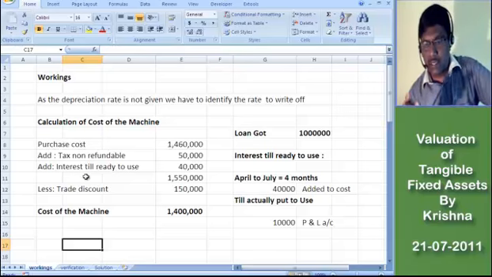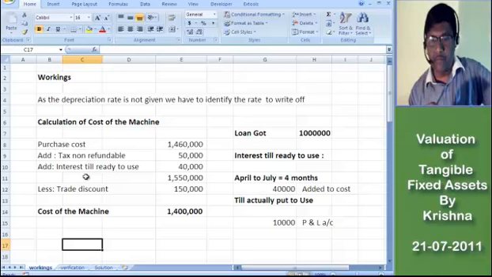See, here 10 lakh rupees we have got as a loan, and the machine was ready to use as on July. So April to July, 4 months interest we have to add to the cost